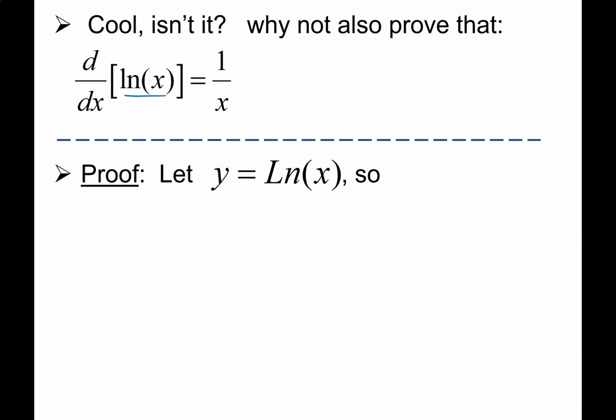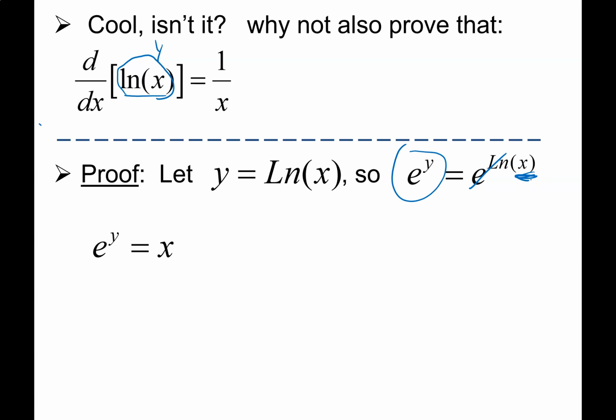So to do that, I'm just going to take this right here, ln of x, and I'm going to call it y. Now, this already has an ln in it, but this time, I think I want to get rid of the ln, so I'm going to exponentiate both sides. Maybe your teacher refers to that as e-ing it. I don't know, but I'm going to call it exponentiating both sides. And when you take e to the ln of something, those inverses cancel out. So I'm going to be left with just e to the y